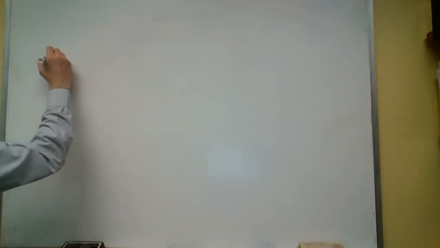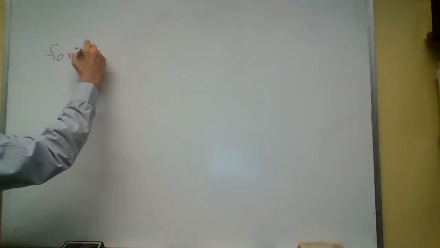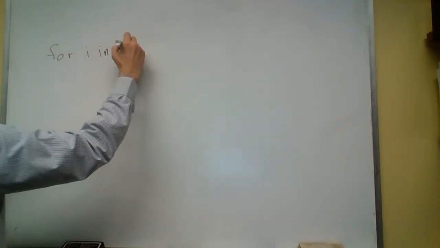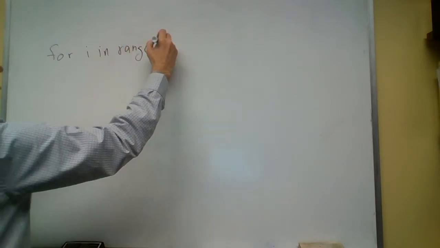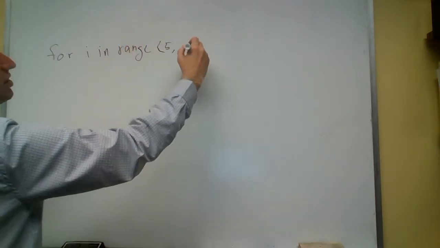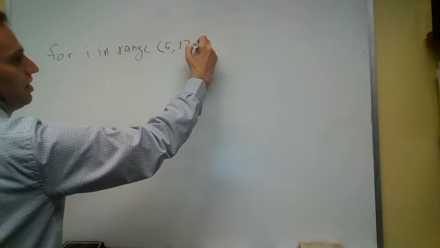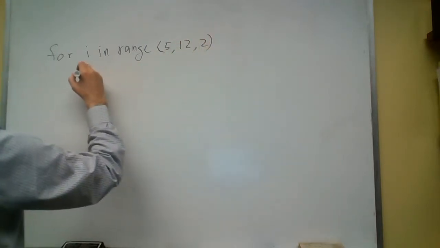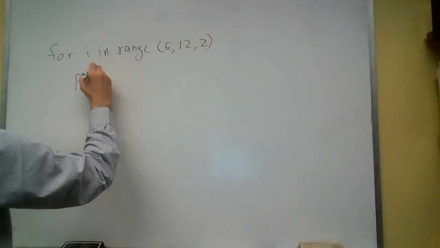In this video, I want to write an extremely simple for loop and then convert it into a while loop. So here's my for loop. It's going to be extremely simple. What I'm saying is set I to the range between 5 and going up to 12 in steps of 2, and print I